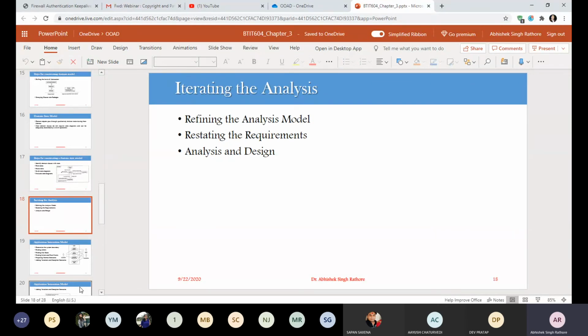During your analysis, you may find some requirements that appear incorrect or impractical. So you have to confirm the corrections or the requirements from the users or the client of your information system. Again, you have business experts available, so we can verify our analysis model with them.